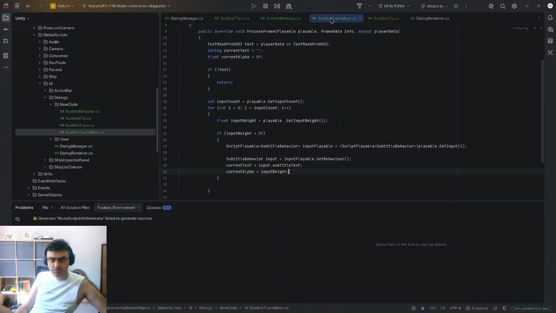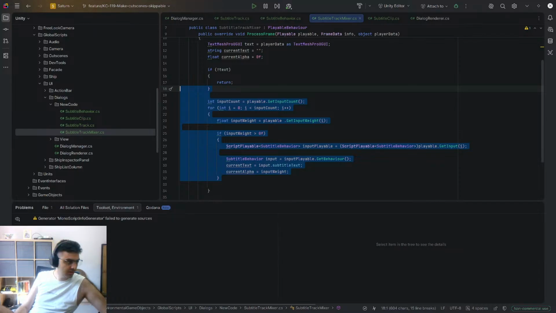I think that if there is a problem, it's probably here. The final thing we need to do is tell our track to actually use